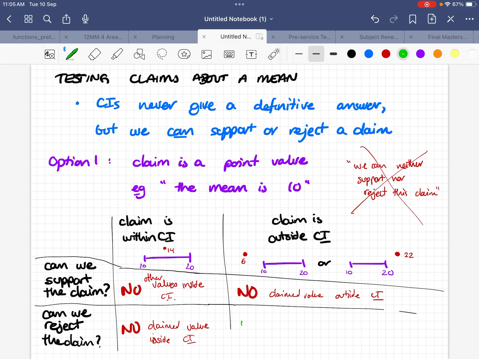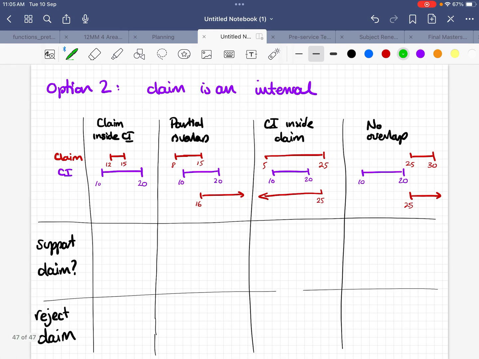Can we reject this claim? Actually, we can. This is the one spot where we can say yes for a point claim. We can actually never support a point claim, but we can certainly reject it. So we can reject it in this case, and we reject it because the claimed value is outside our confidence interval. Gets a little bit more interesting if our claim is an interval,